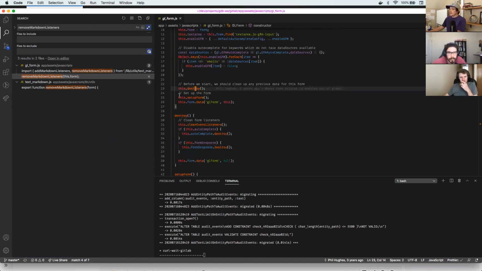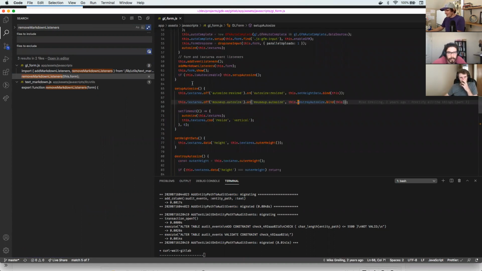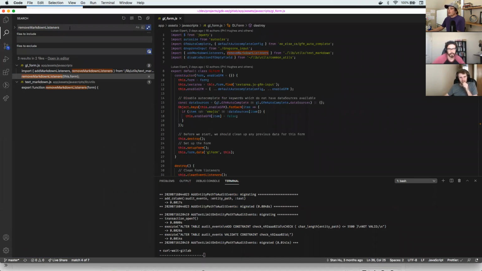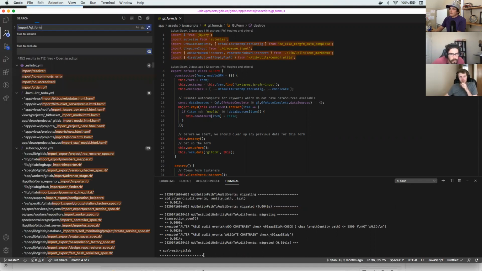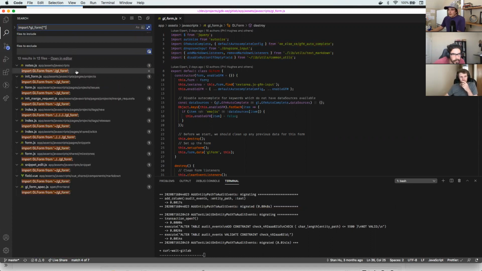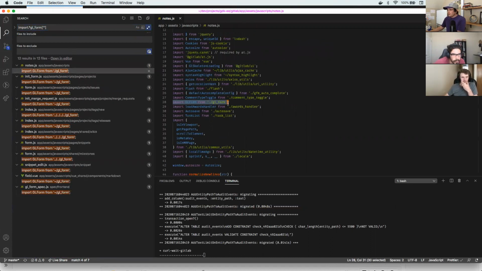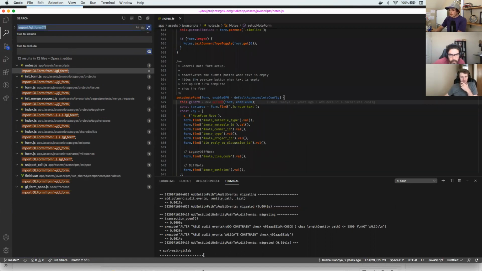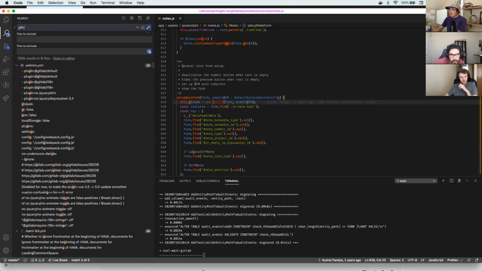Wait, before we start, never mind. That's not it. I guess this is something that's called by people that import it. So we could check out when we import GL form. Okay. When do we? All right, I'm going to do GL form